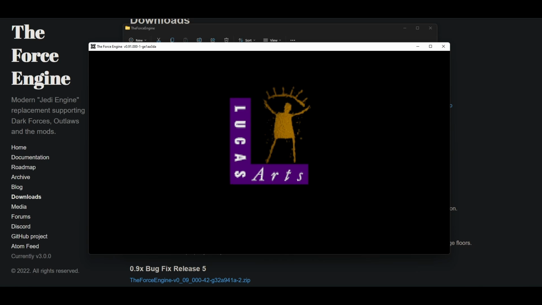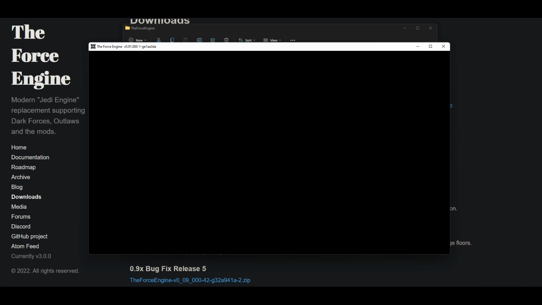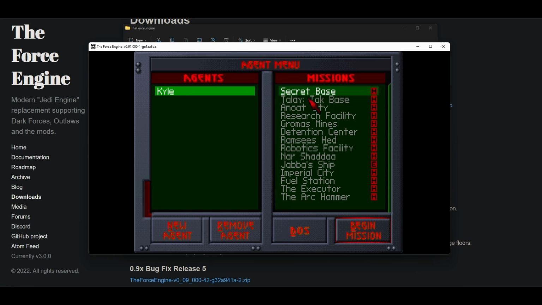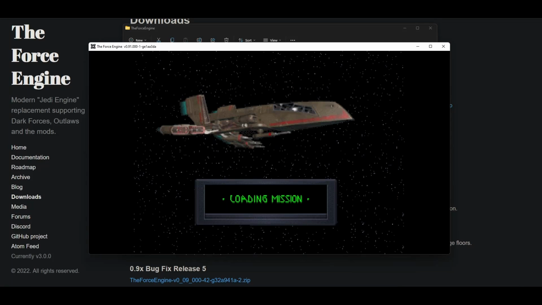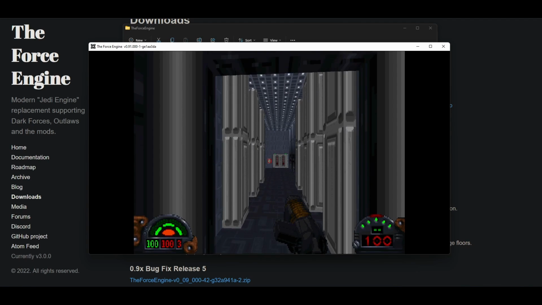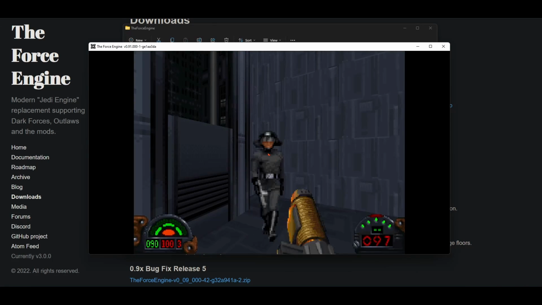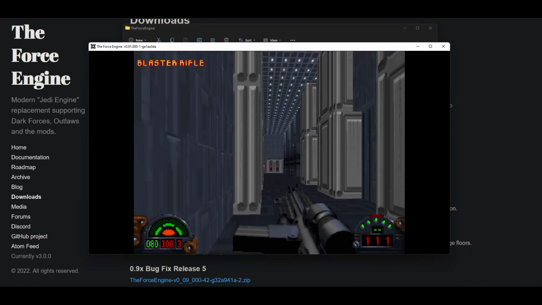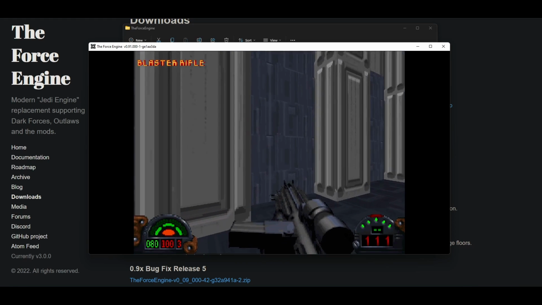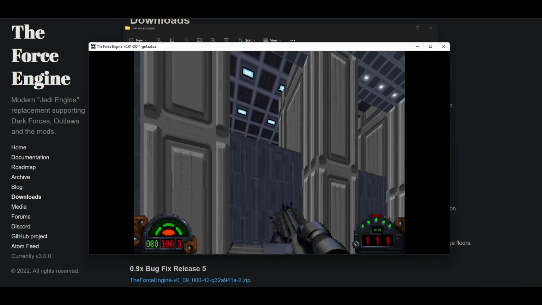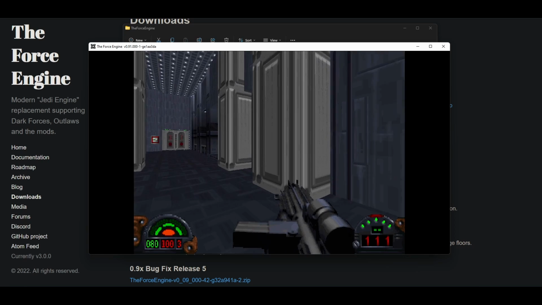Already you can see that the loading screen looks a little smoother. Go ahead, skip ahead to the main menu here. As you can see, it's still using my saves from Steam. So there we go. Go ahead and start out the main menu. Bam, there we go. Already put in. So you'll probably have to pull up a side-by-side comparison, but as you can see, the game is slightly smoother